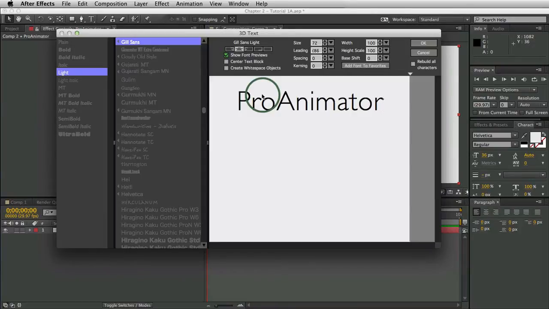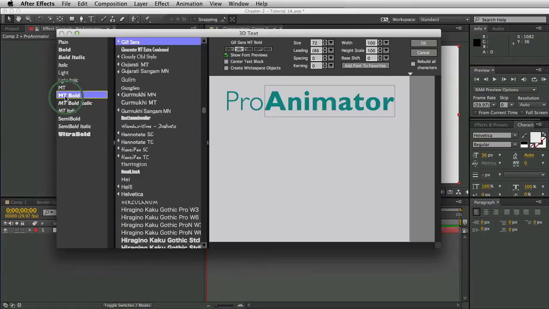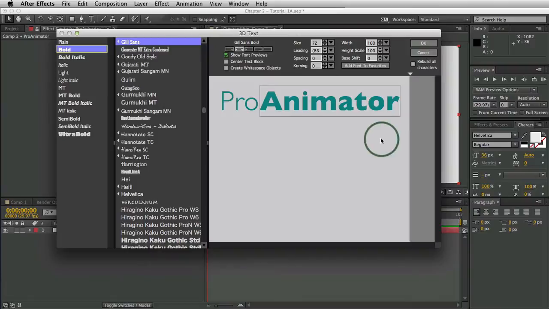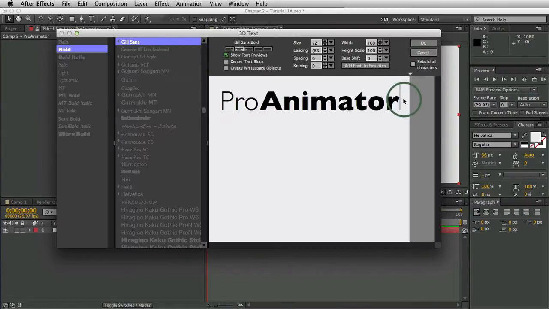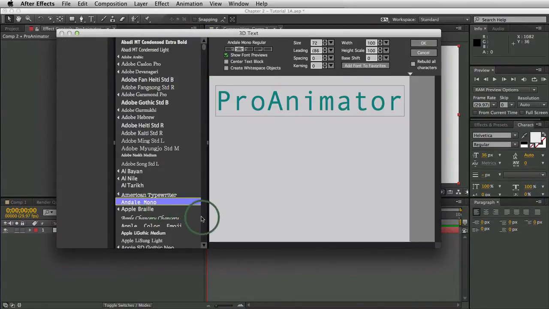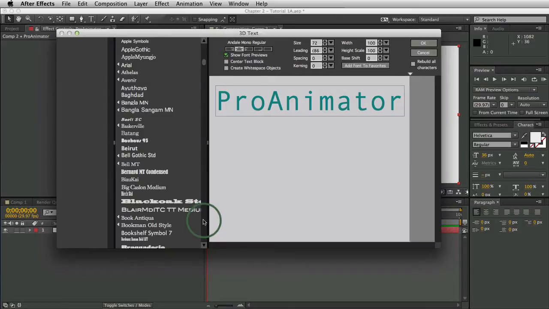There we go. Now this is our font list. These are the main fonts, and this is the column for the font styles. So in order to change the font, you need to select the letters that you want to change. So you could only select, for instance, just the animator part, and then come over here and select different fonts to use on just those particular letters. Or you could select the whole thing. In this case, we'll select the whole thing, like that, and then change the font for everything at once.